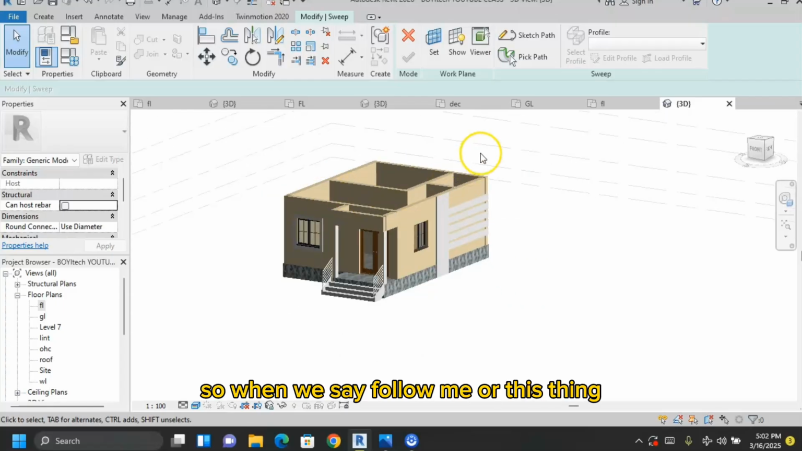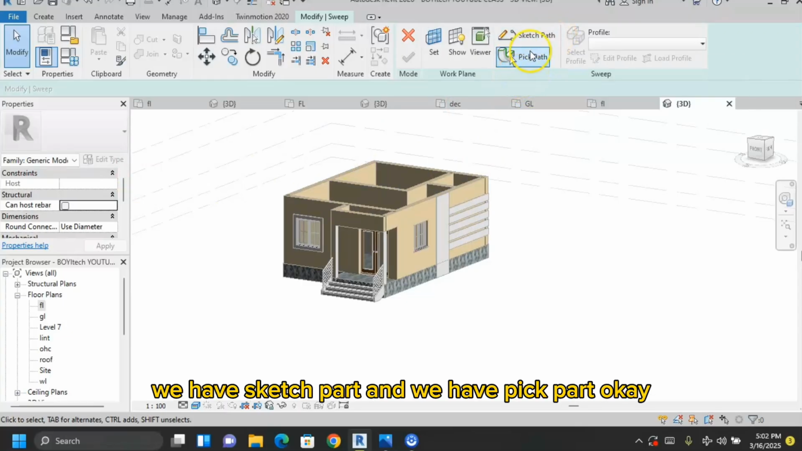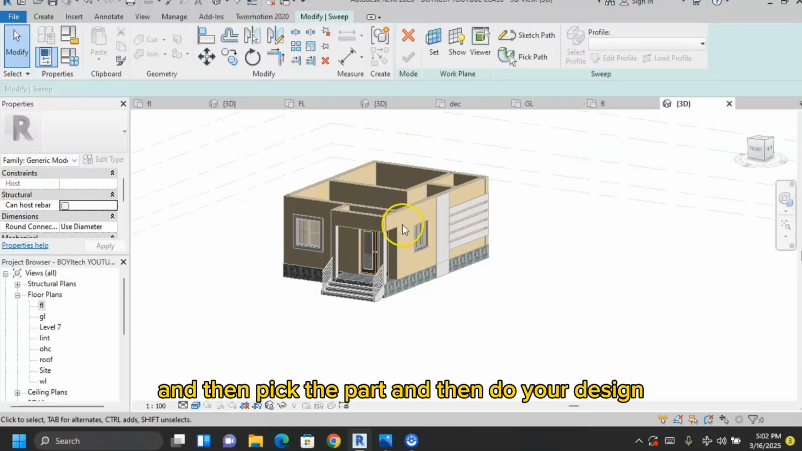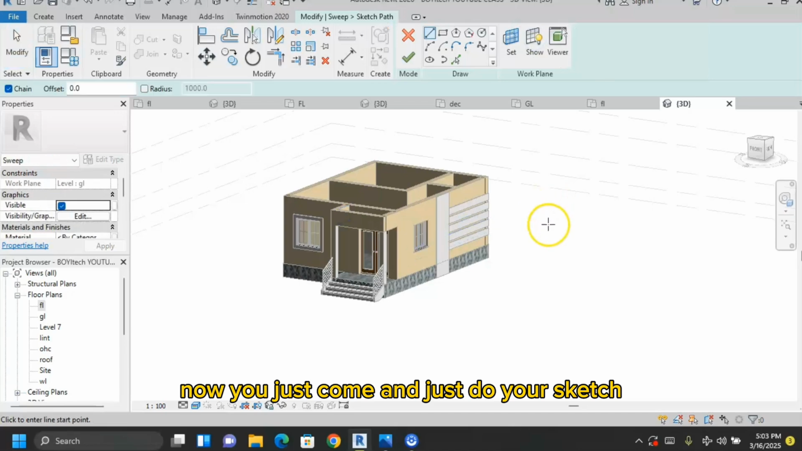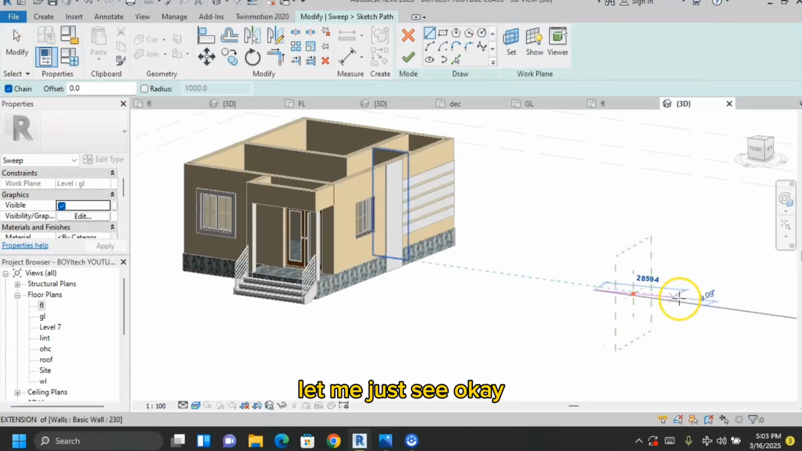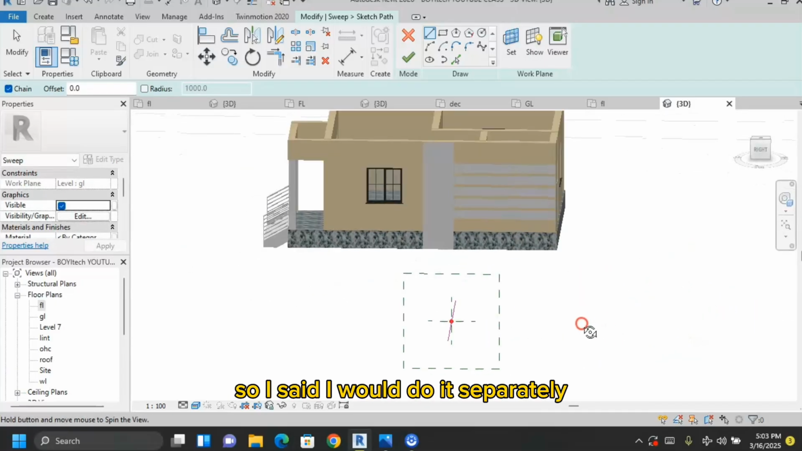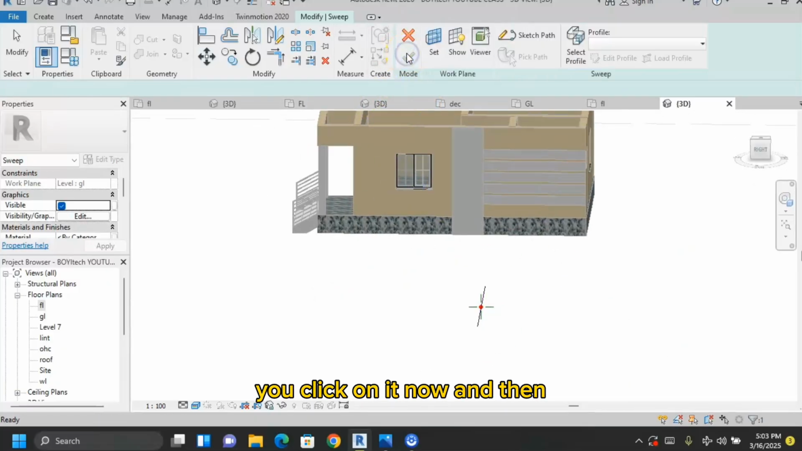When we say follow me, we have sketch path and we have pick path. Pick path is you click on it, pick the path, then do your design and follow me. For sketch path, you just come and do your sketch. For instance, let me say this is my path. I'll sketch it on the floor here. I will do it separately and then show you how to do it. You click on it now and then